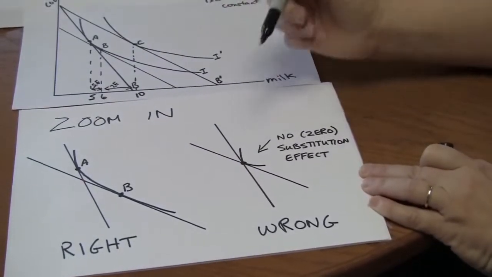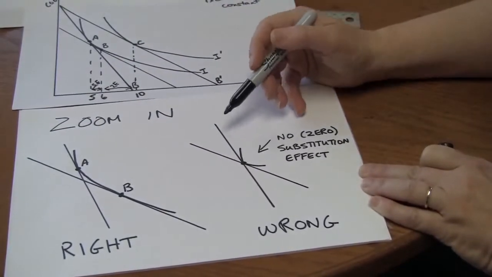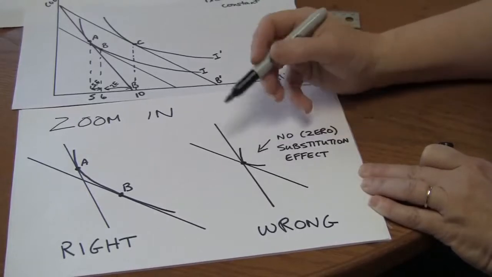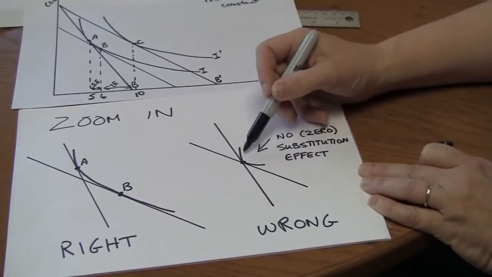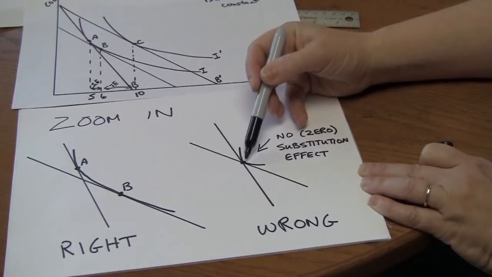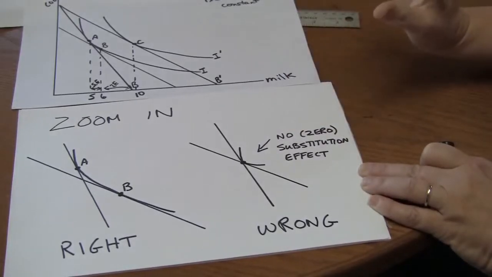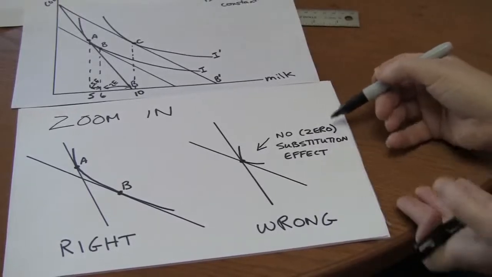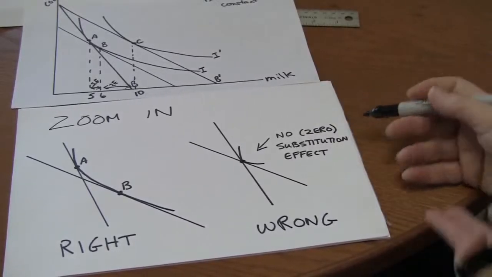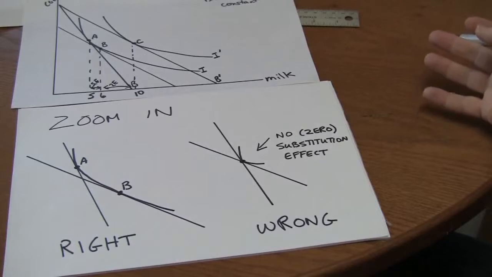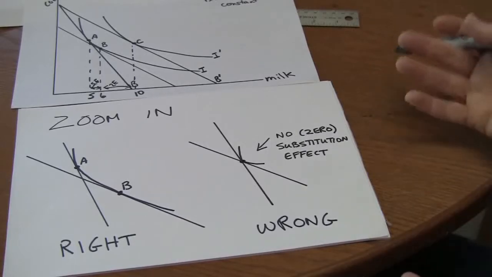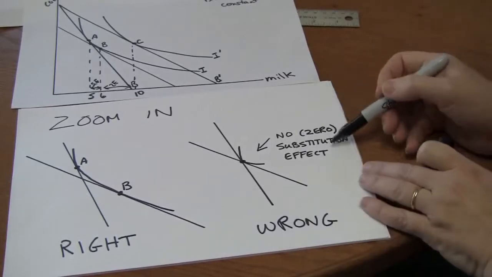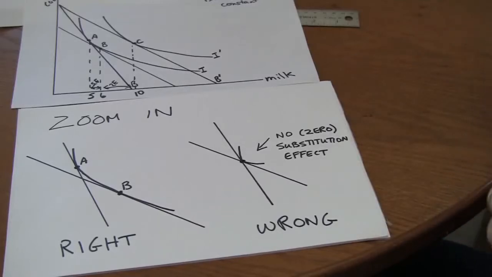The most common mistake that people make when drawing income and substitution effects is to have the indifference curve tangent at the point where the budget lines cross. That's a problem because here you have no substitution effect at all. I mean, sometimes you might want to have a zero substitution effect, but if you're trying to show a positive substitution effect, you're not